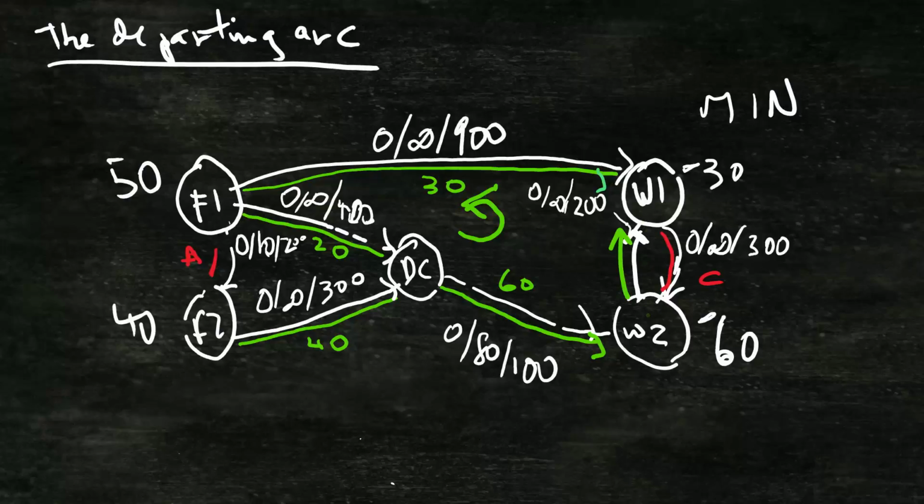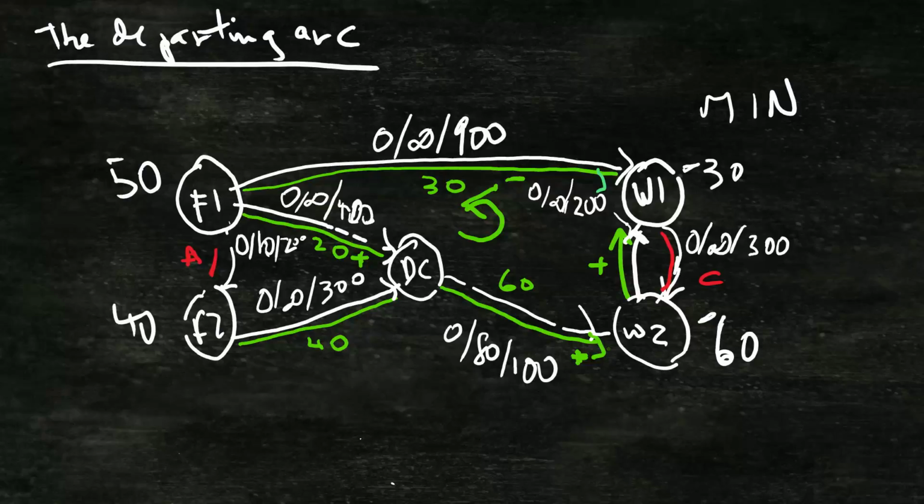if we increase W2, W1, then we're going to decrease. So let's put a little sign here. We're going to increase this one. As a result, we will decrease the flow on that arc. We will have to increase the flow on this arc, and we'll have to increase the flow on this arc. And so the question is, one of those arcs is going to hit either its lower bound or its upper